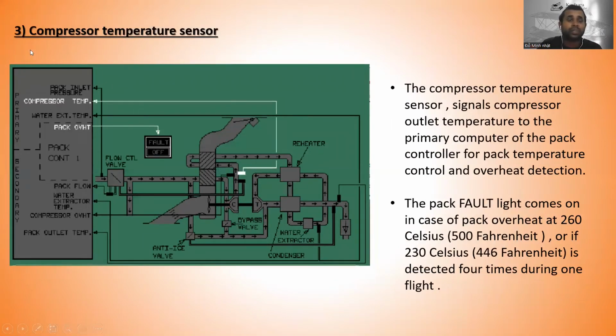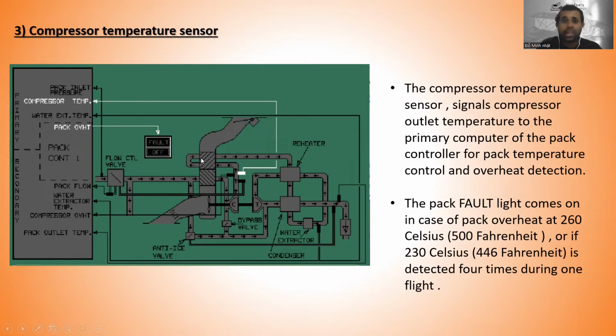All right, so now the next one is the compressor temperature sensor. The compressor temperature sensor is situated here, right? So here is the compressor. You can see this is the compressor temperature sensor. The compressor temperature sensor signals compressor outlet temperature to the primary computer of the pack controller for pack temperature control